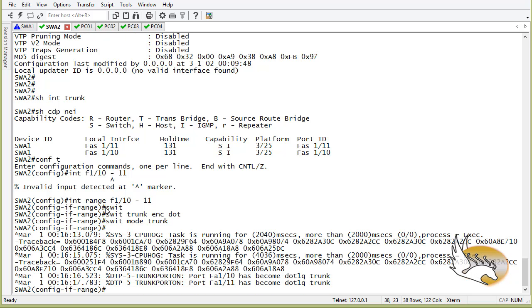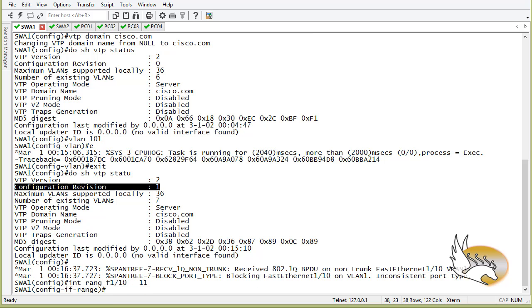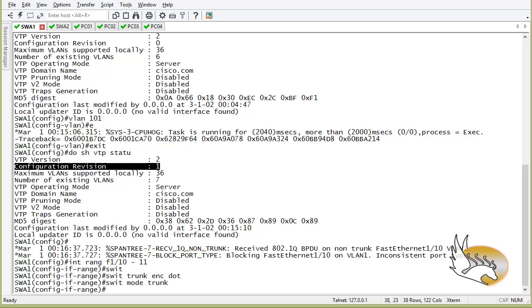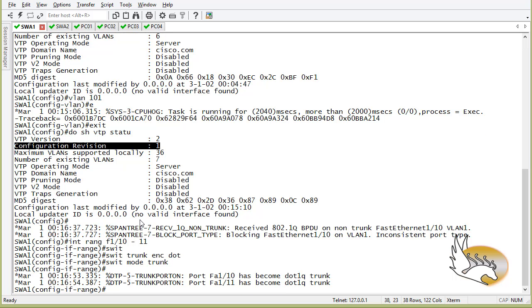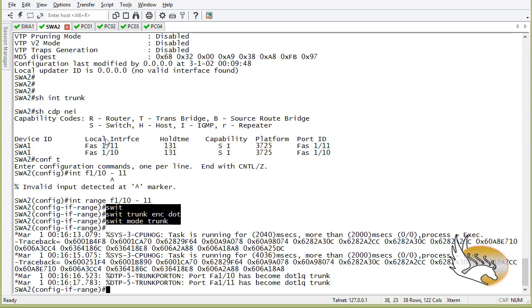I'm going to copy these commands. I'm going to do the same thing on switch access 1. So if I go to interface range fast 1/0 to 1/1 and enable trunk on these interfaces, now I will have a working trunk between the two switches. Show interface trunk tells me that now I have a trunk and I am sending some information about trunk on the other side. Now if I go to switch access 2